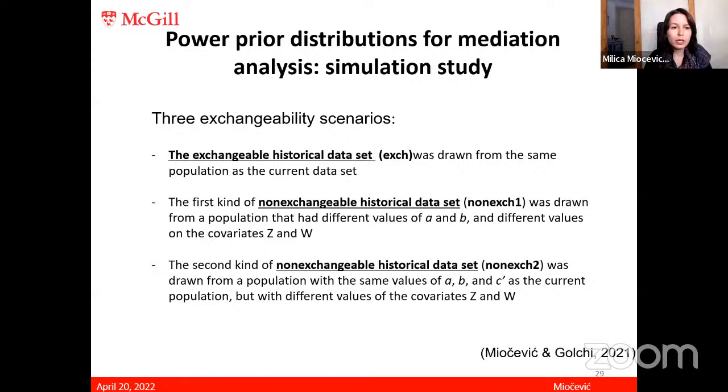So in order to evaluate whether the generalized Mahalanobis distance is an appropriate metric for trying to distinguish between historical and current data, and to see how that works out with power priors, we conducted a simulation study. And here we had 3 different exchangeability scenarios. The exchangeable historical data set